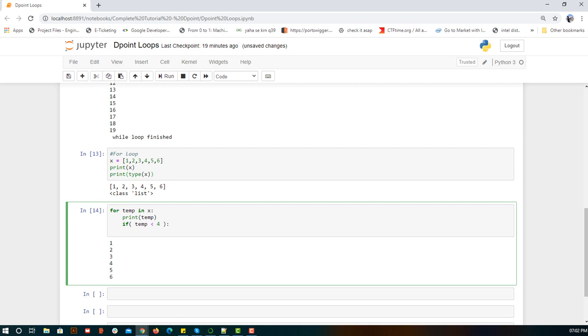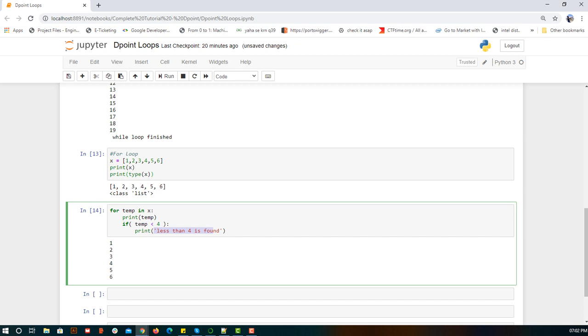So here I can say if temp is less than 4, print "less than 4 is found." I need to write that complete thing as a string. For 1 this condition will be true, so this statement will be executed.